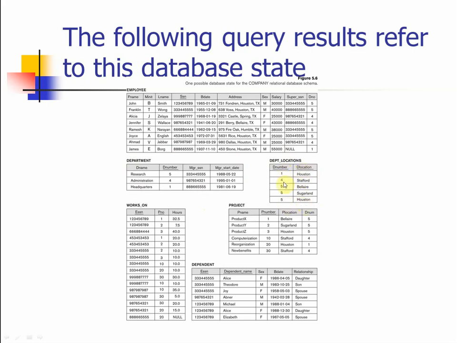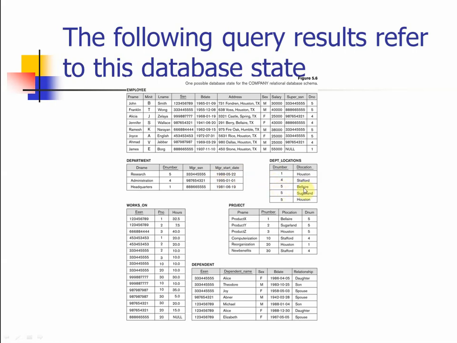If we only look into this table, you can see that department number 5 is located in Bellaire, Sugar Land, and Houston. Say that we want not only the department number 5 information, I want the name of the department. By looking into this table, department locations, you cannot find the name of the department. And usually the name of the department is something that we know about. Just like social security number, you probably don't know your best friend's social security number, but you know the name of your friend. So we need to join these 2 tables together